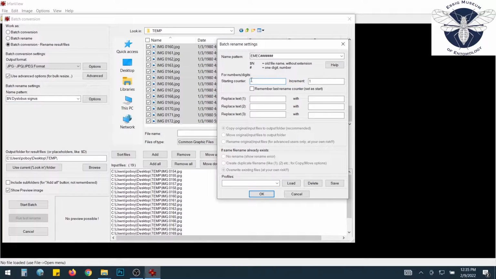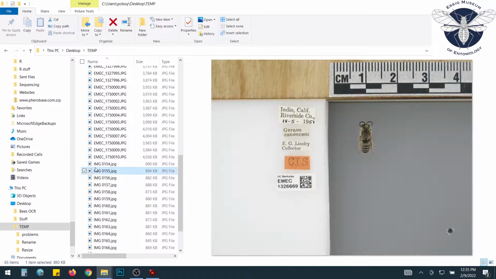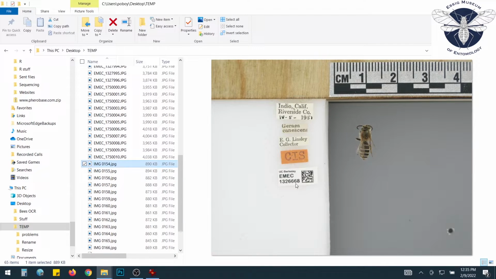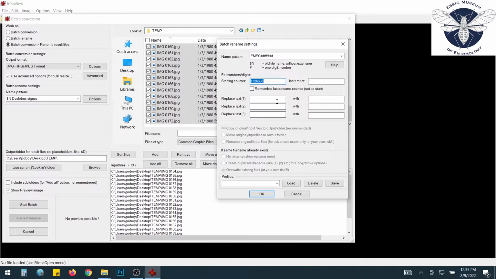Now I just have to know that. Of course, I can go back to this folder over here and see what the first image is, and it's 1326668. Okay, good. And then I want to add the species name. So what's going to happen is it's going to put the EMEC, and then it's going to put a 7-digit number that's going to start with this number, and it's going to increment by 1 for each one. And then I'm going to put a space,